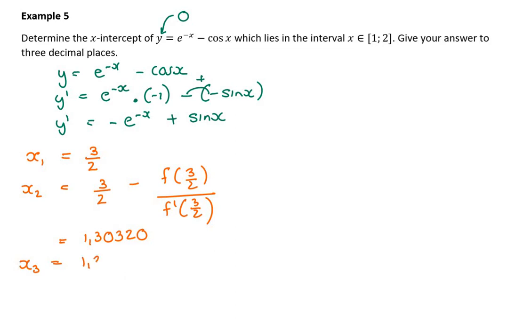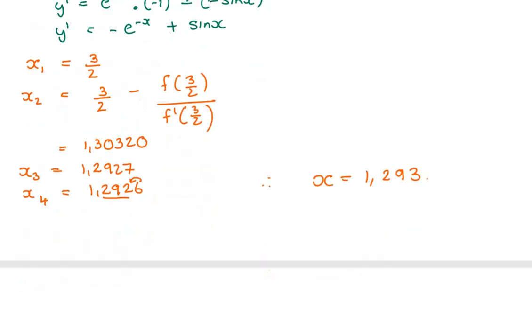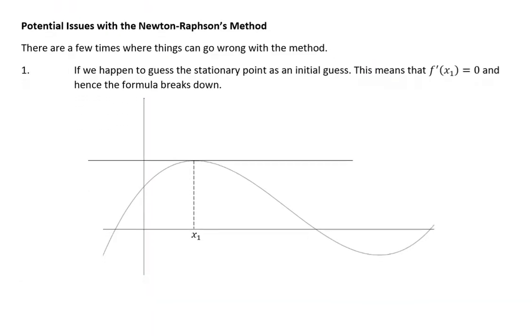So I now get 1.2927, so I'm still not consistent to the first 3 decimal places. Now I get 1.2926. And if I push equals, I get 1.2926 every time. So therefore I am accurate, and I can say my x value is, now it said 3 decimals, so 1, 2, 3. So my fourth will round that up. So it's 1.293. Pretty cool. Right, now I know this is a long video, but just to quickly talk through potential issues,